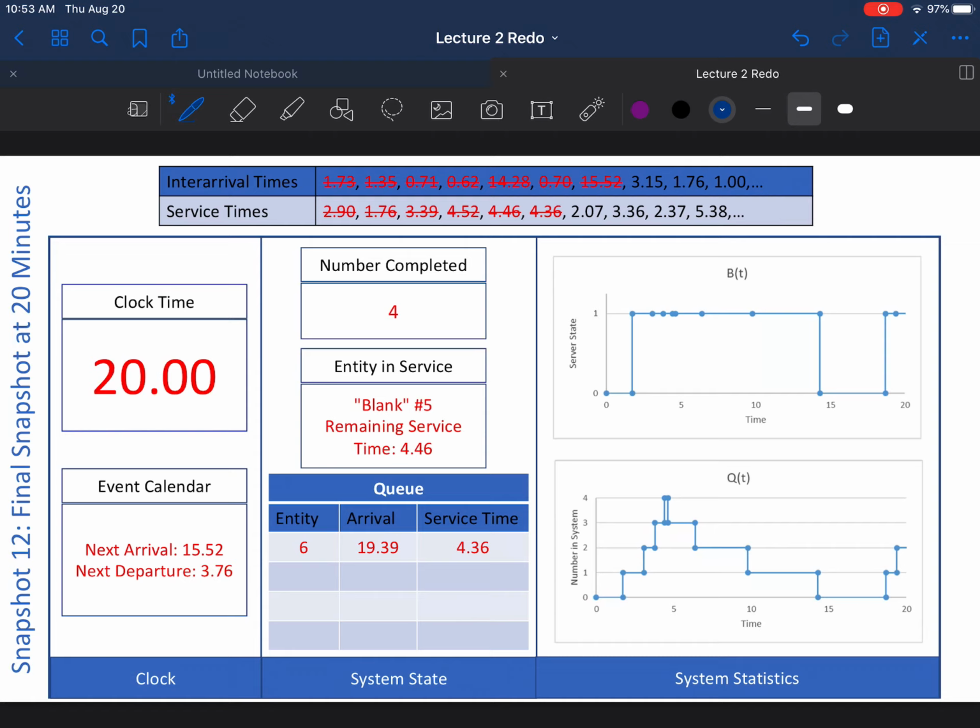I'm going to stop here, and you should consider what you did with your snapshots, make sure they were correct, and then return for the fourth and final